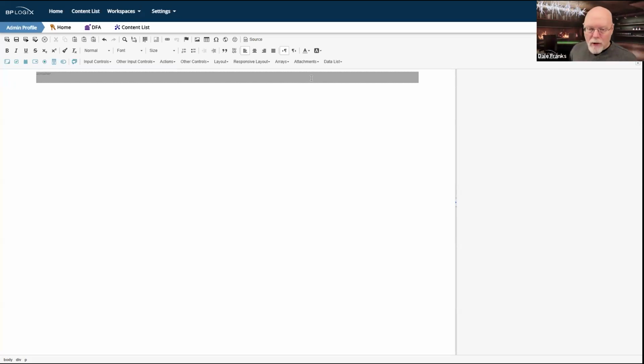So we've got our container control. Now we want to insert our form row control to throw in our first row. Now, it doesn't necessarily have to be a form row control if we are not going to be inserting data entry controls into that row. It is quite possible that you might want a header row.